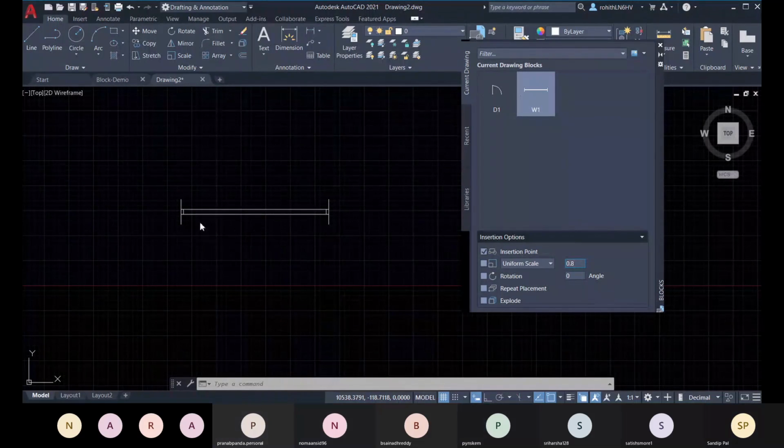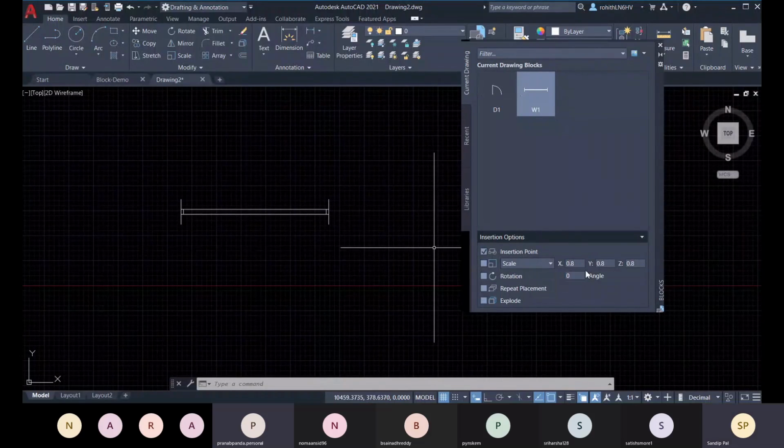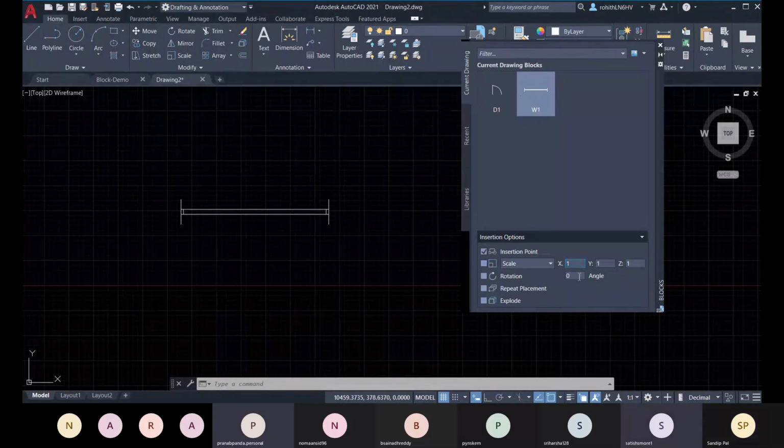No, sir, it's 1.25. So we will go for this scale. Now tell me, in which direction do I need to go with 0.8, and for other dimensions it will go for 1. Only for x direction we go for 0.8. Correct. Are you sure in x direction? In y direction. How, sir? In x direction only. Why in x direction?